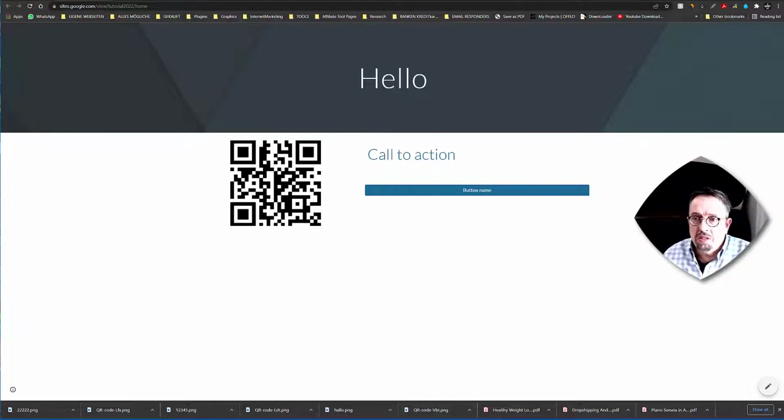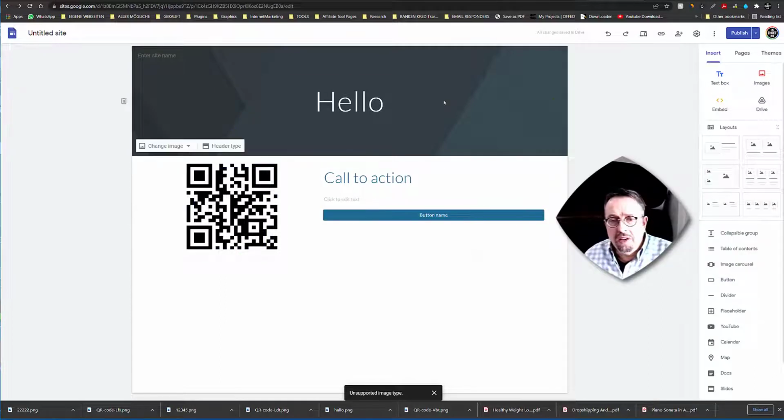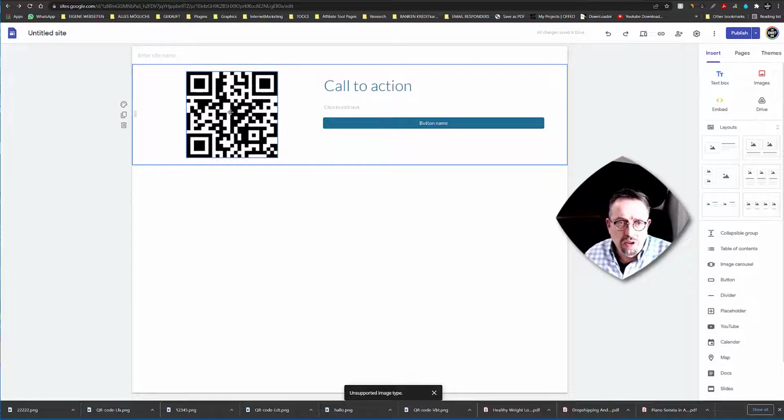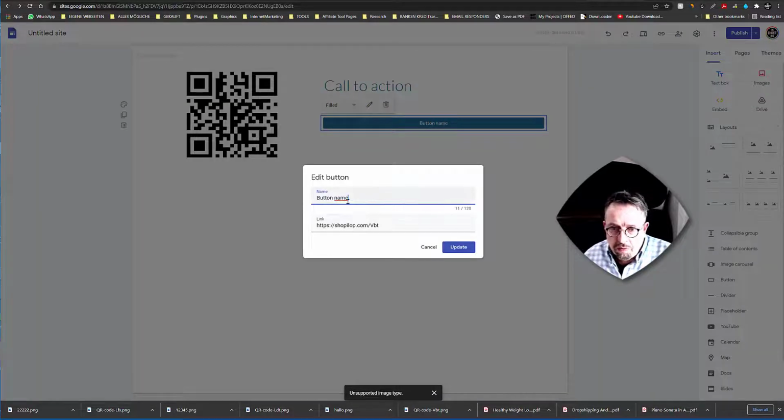Just head over to sites.google.com, and it looks like that. It's very easy. You can even get rid of this one. Just have this call to action. Give it no name, nothing, just call to action. And this picture is our QR code. And here you have some layout picks, so you can insert a button. On the button, you have the possibility to edit it and give it the button name here, and insert